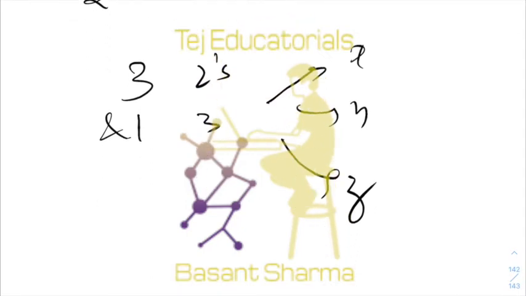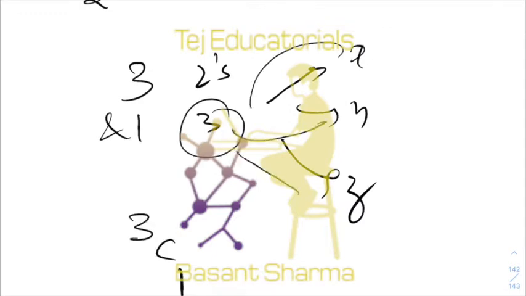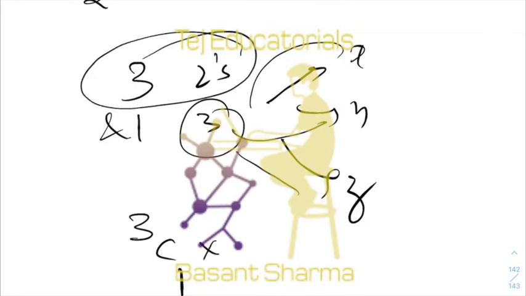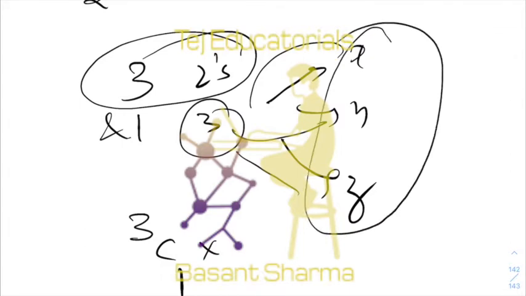What I'm saying is this 3, for example, can either go to x or y or z, so that there are 3C1 ways. And you have 3 2's, which are 3 identical 2's, which can be distributed amongst 3 persons in how many ways? 3 plus 3 minus 1 C 3 minus 1. So your answer would be 3 into 10 equal to 30.